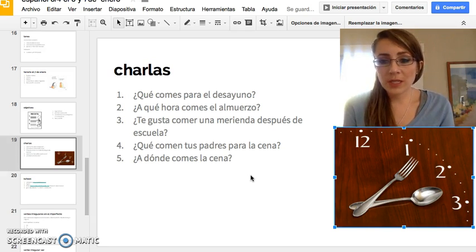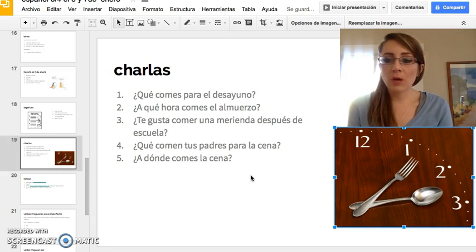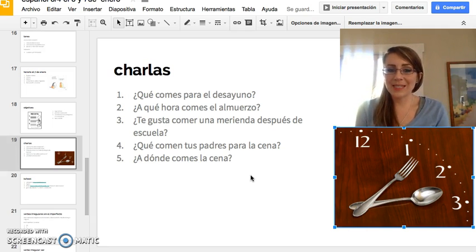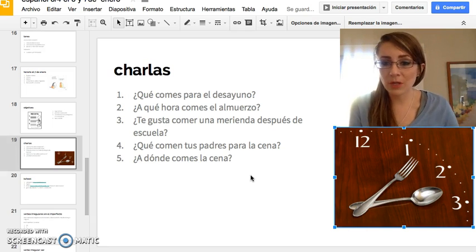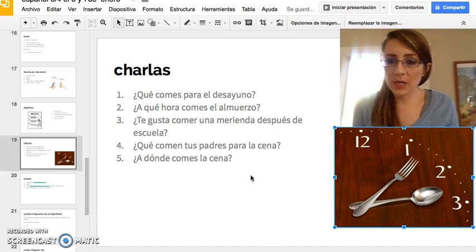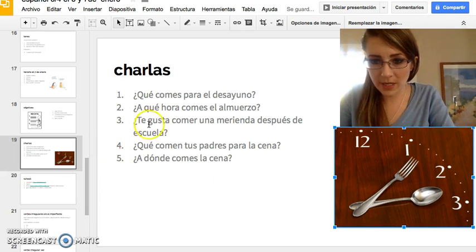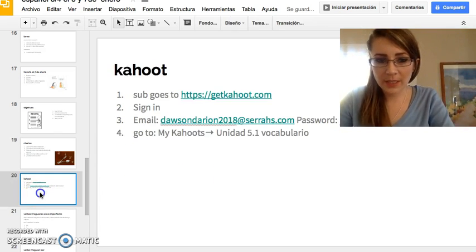Todos estos están en el presente. This is the regular present tense. Important here that you're practicing el vocabulario, less important that you're practicing the imperfect or the preterite. I want you to be practicing el vocabulario. Ustedes necesitan sus listas de vocabulario to do this well, unless you magically remember all the words. In that case, beautiful. All right.